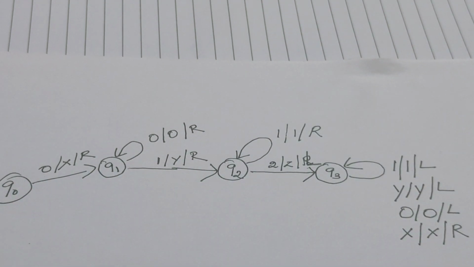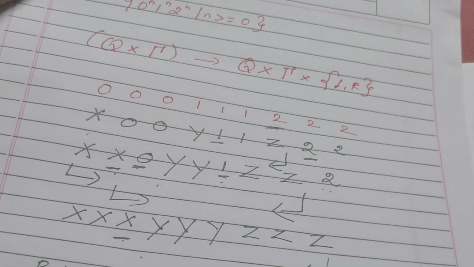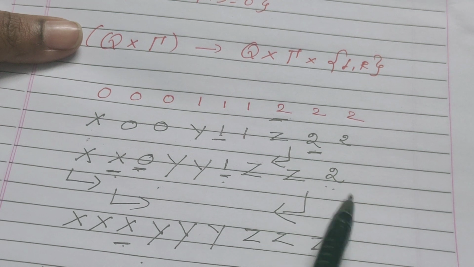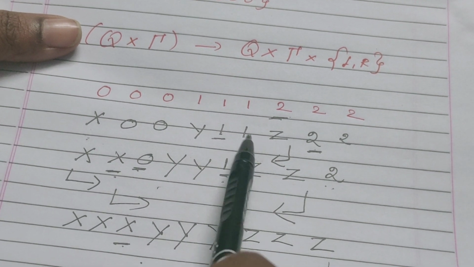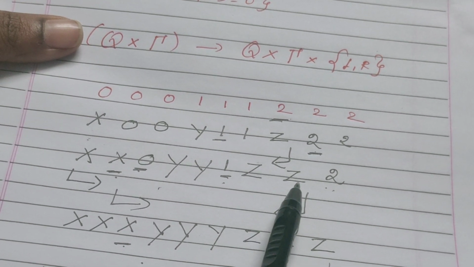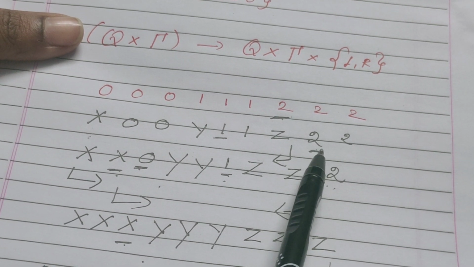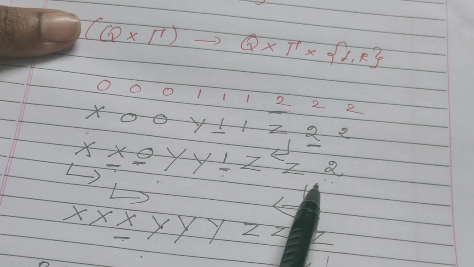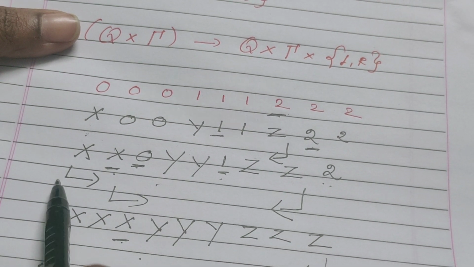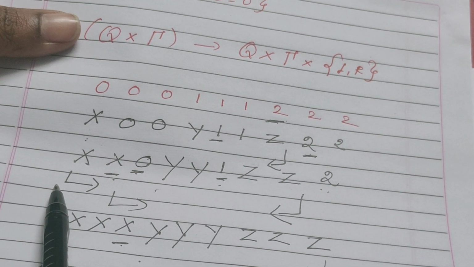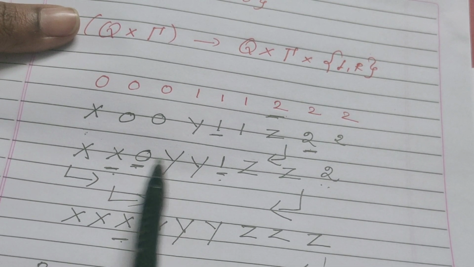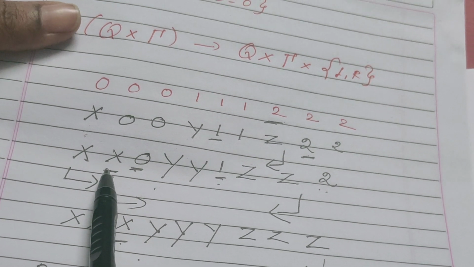I hope we have guessed all the symbols. I'll just show you the example whatever I have considered. Alright, so look here. Now we start doing the traversing from this step. So now imagine that this 2 is replaced by Z. As soon as 2 is replaced by Z, the read write head is going to move in the left hand side direction. So what are the symbols it is going to come across till it finds this X? Z, 1, Y, 0, then only it could reach X.